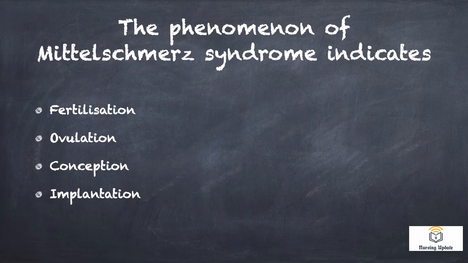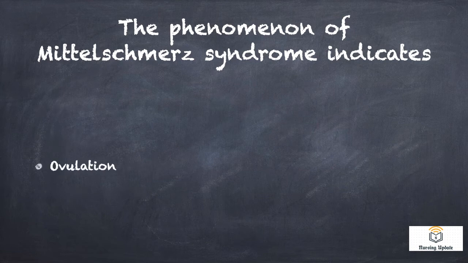The phenomenon of Mittelschmerz syndrome indicates: option A fertilization, option B ovulation, option C conception, and option D implantation. Okay, what does this mean? The terminology is Mittelschmerz syndrome. What does it mean? It means